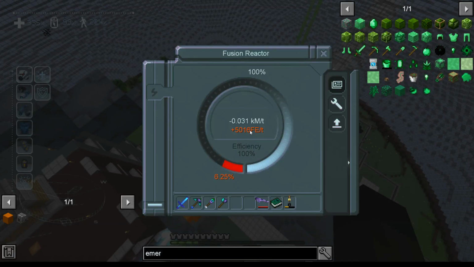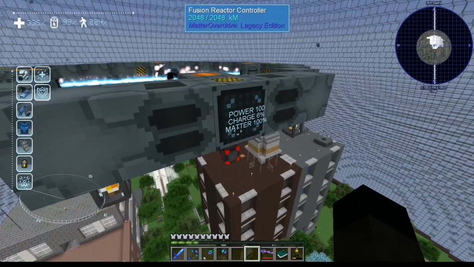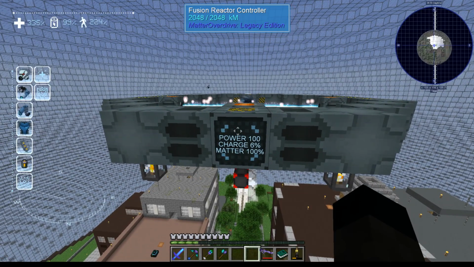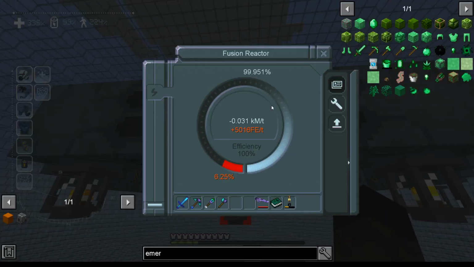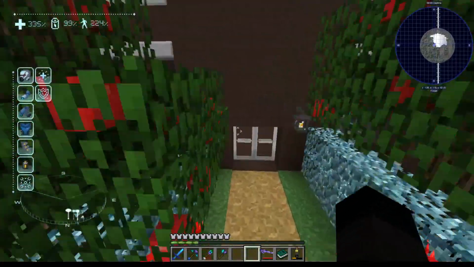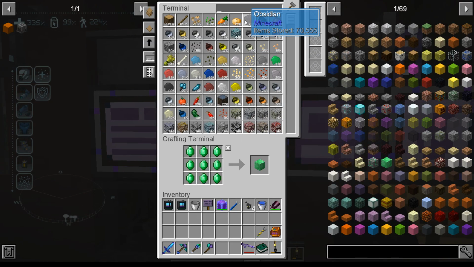We are generating 5,000 flux energy per tick. Yeah, that's quite a severely large amount. So what we need to do, I think, is put a flux plug on here to actually take the power out. What I'm going to do with all this power, I really don't know, by the way. I'm just very, very conscientious of...